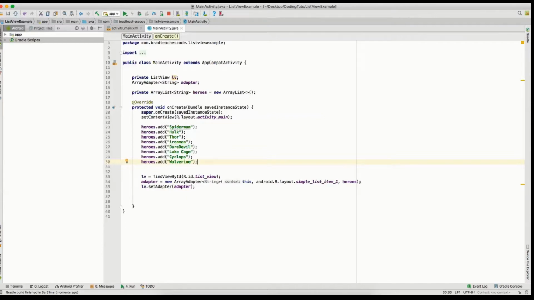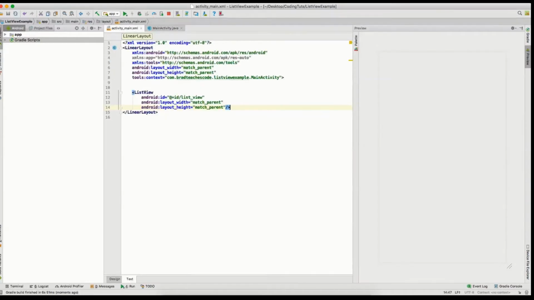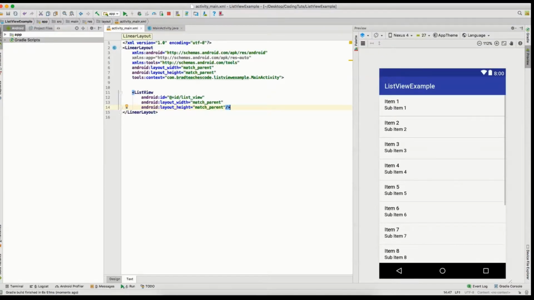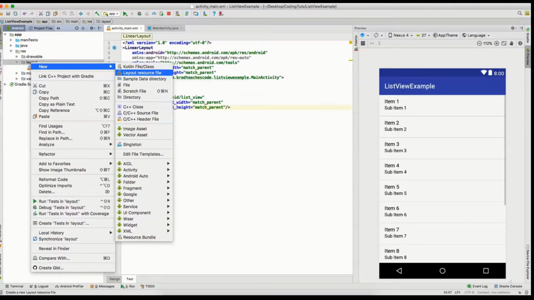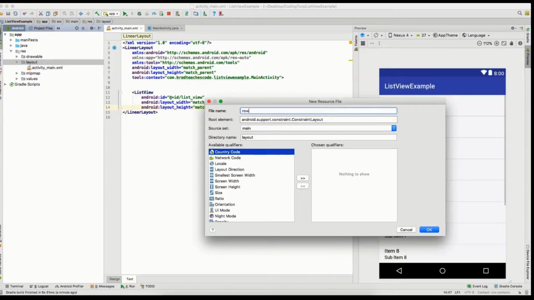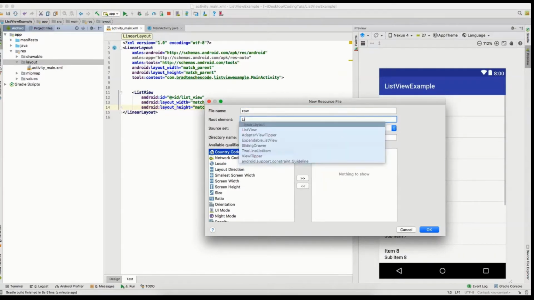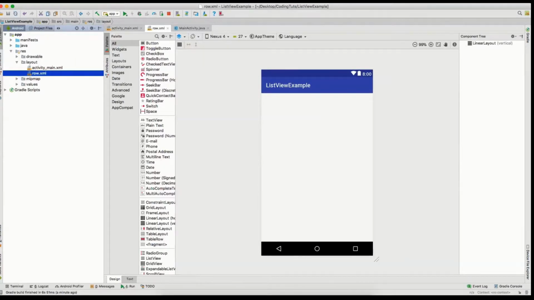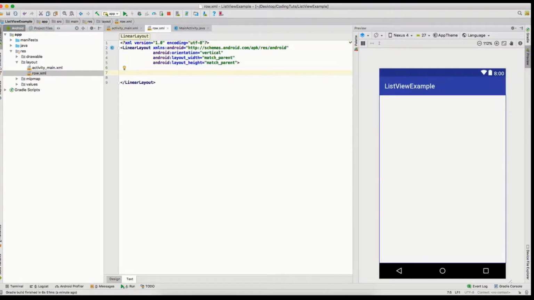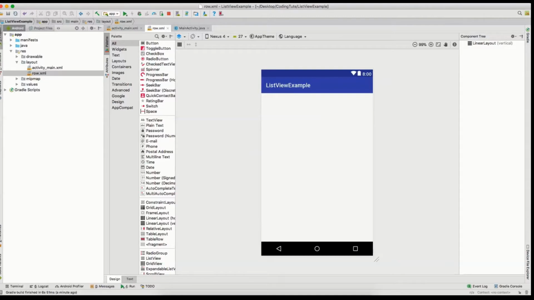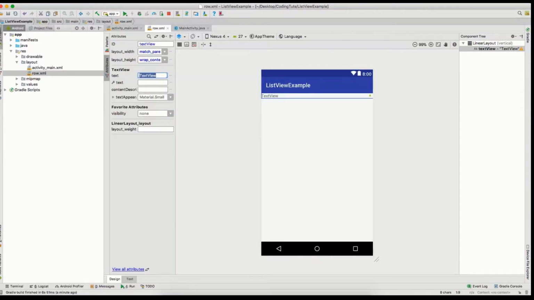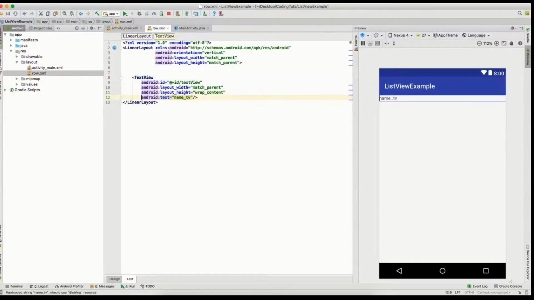So I will go one step further and show you how to create a row class or a row layout. So first thing, you need to create an actual layout, XML layout here. So we'll go to app, then resource, then layout, and then new, and then layout resource file. And we'll just name this row, and we'll make it a linear layout. Hit OK. We will just give it a text view, and we'll name it just name TV, and that should be all